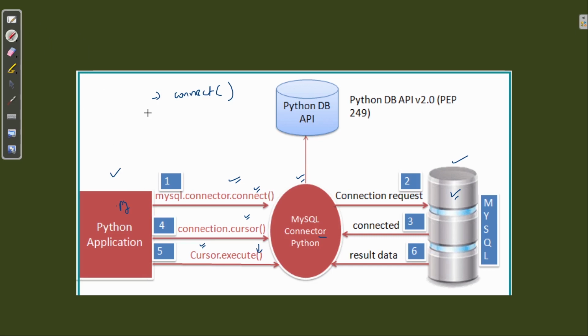So that's what you can write inside this cursor dot execute function, because we know that those queries are written in our MySQL database server. So how can we implement it with this Python application? By using the cursor and execute function, we can pass the query inside this function, then the query will be sent here. Then whatever the resulting data is, it will be sent from this database.